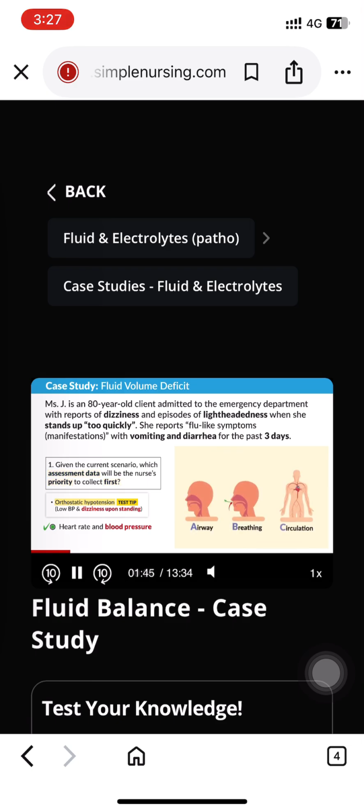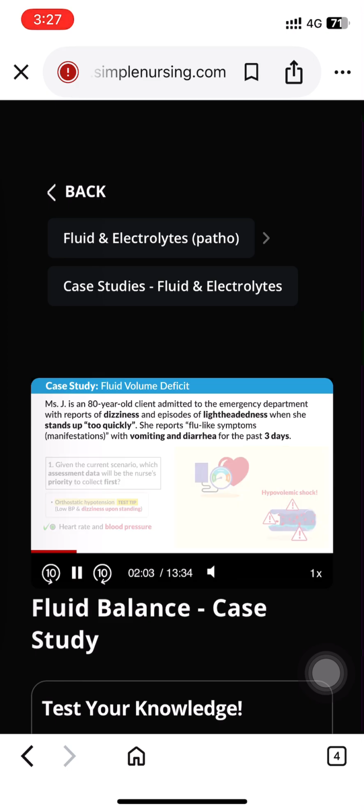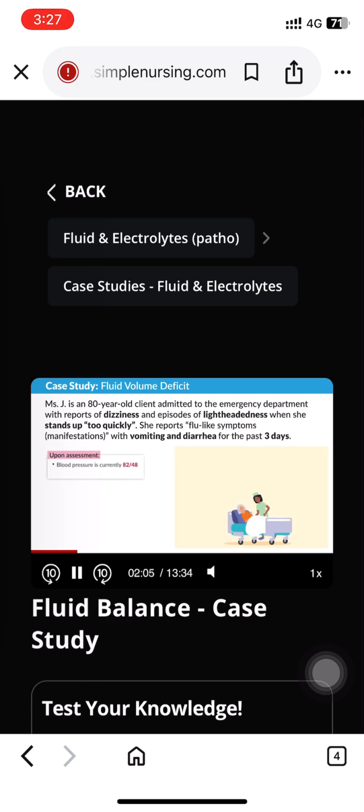Just think about the ABCs here: airway, breathing, and circulation. So in this case, circulation is a cardiovascular assessment. This is critically important to save this client's life, as low blood pressure can kill this client the fastest via hypovolemic shock. Now moving on, upon assessment, blood pressure is